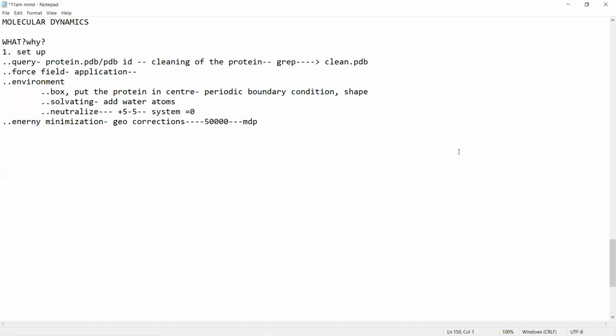It will not perform things forcefully. It will see the feasibility. I am saying perform 50,000 steps to do energy minimization, as I just need a structure with all the geometrical corrections. But if the feasibility is not there, it will terminate the process at that very moment. So GROMACS is smart software that understands the feasibility of energy minimization.